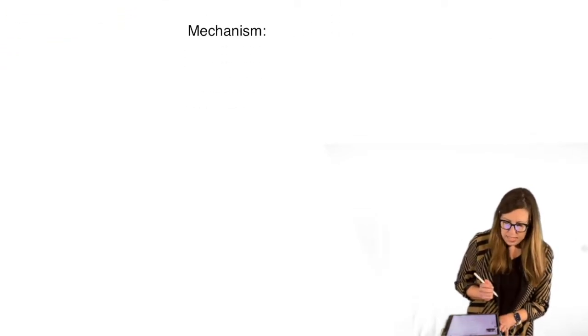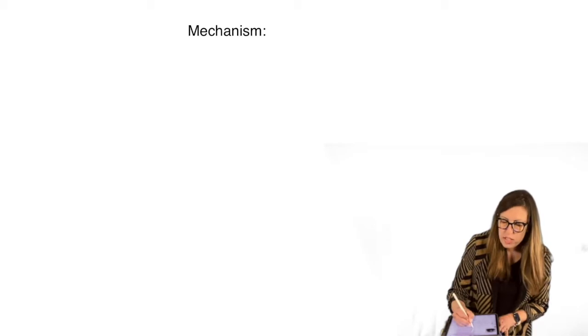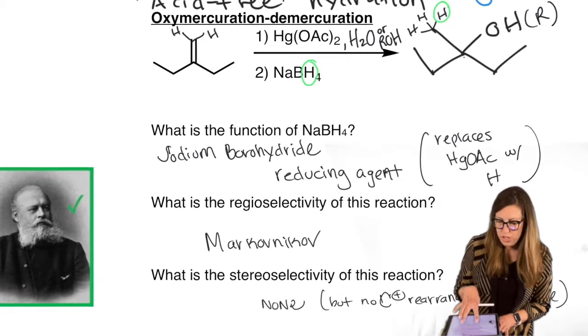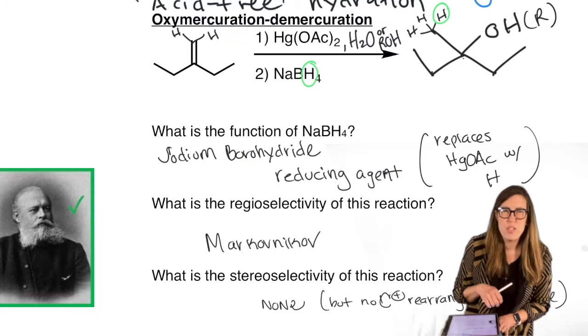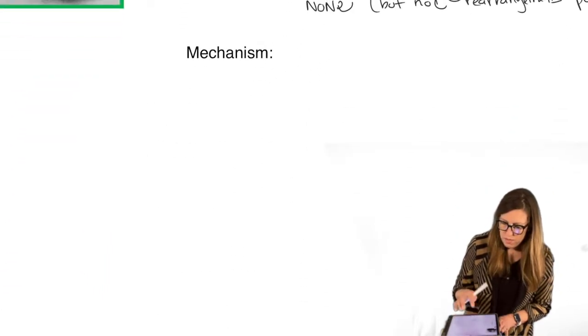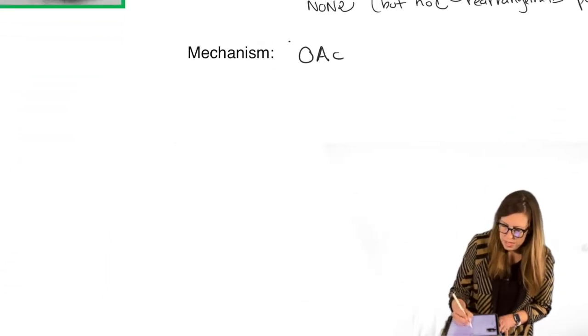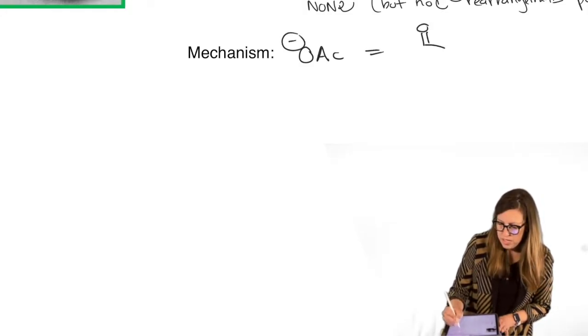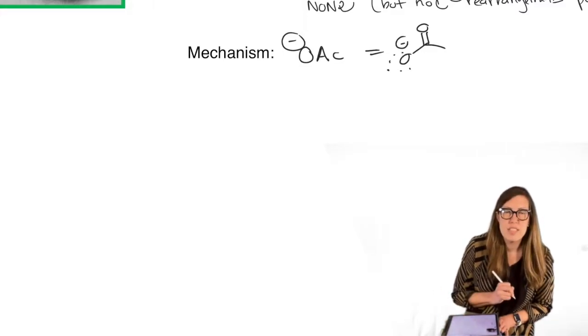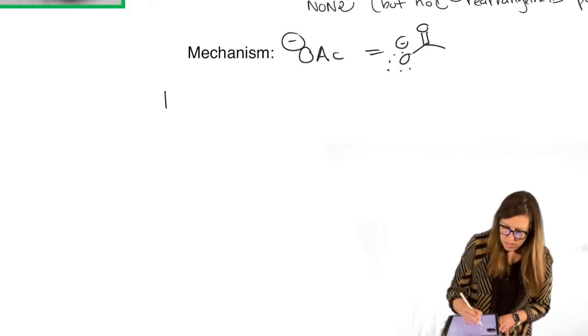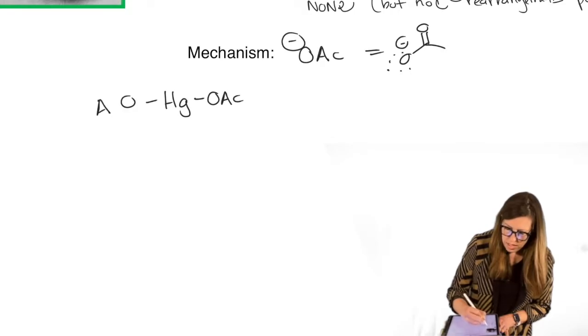Okay, mechanism. First, we're going to look at what's over the arrow. Look at that first step, mercury acetate, Hg(OAc)2. We're not really used to using that, so let's write that up. First of all, what's acetate? OAc minus is a common anion, acetate. That's the conjugate base of acetic acid, resonance stabilized, comes up a lot, often seen as a leaving group as well. And that's what we'll kind of view it as here. So if you have these two together, it's also in equilibrium with the dissociated form.